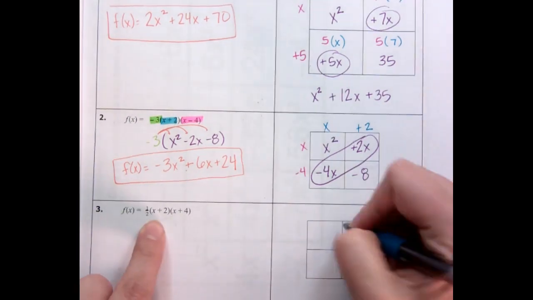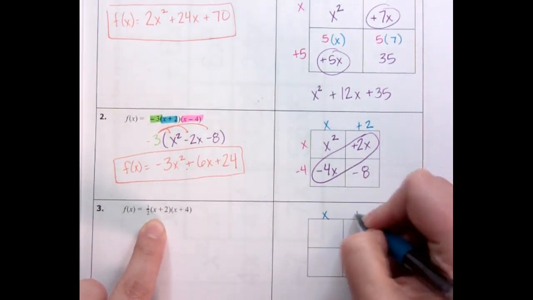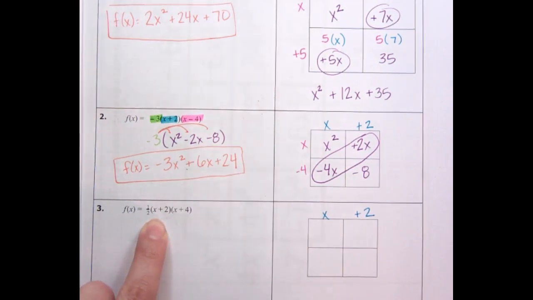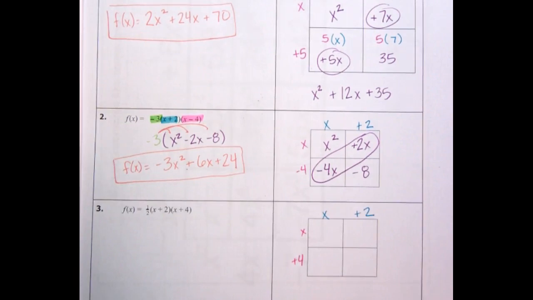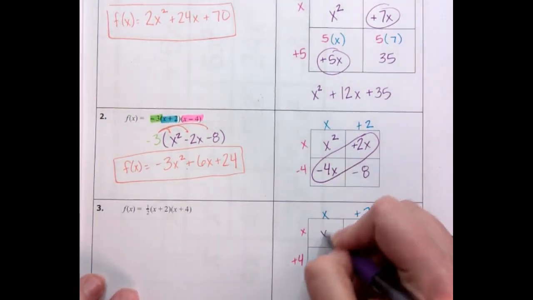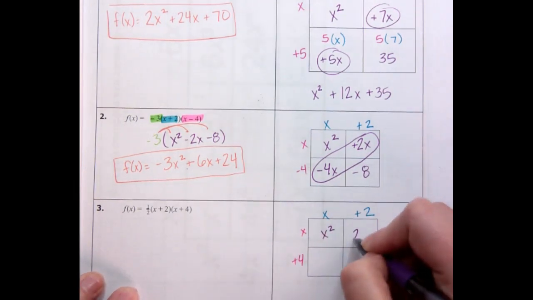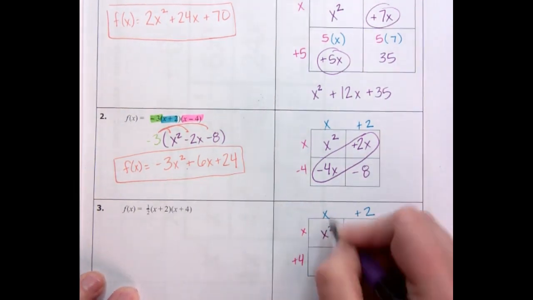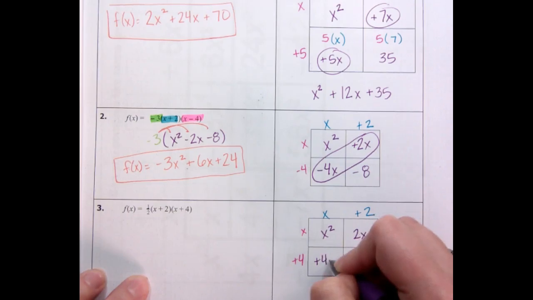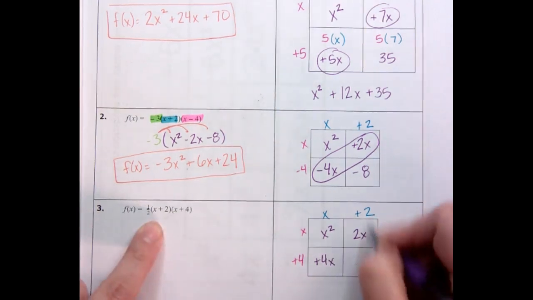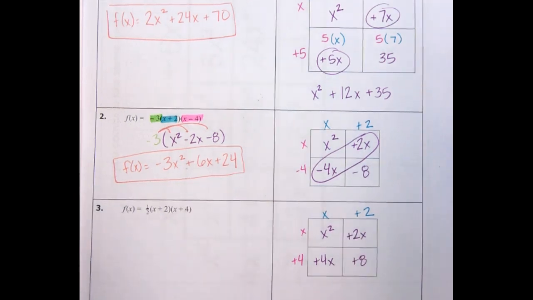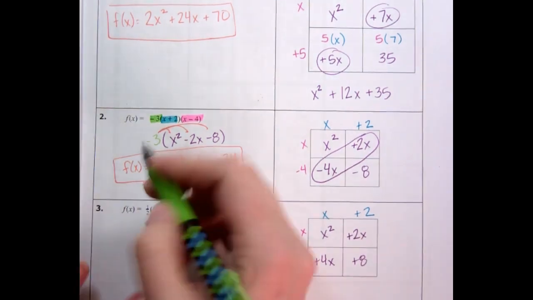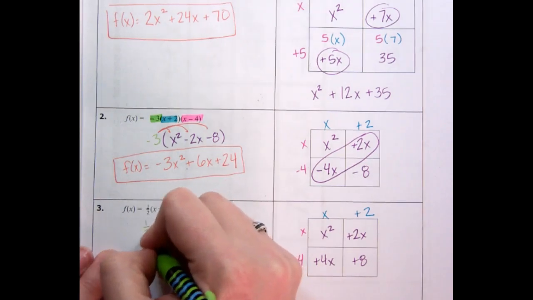Okay, x plus 2, x plus 4, multiply them: x times x, x times 2, 4 times x, 4 times 2. Remember, you can leave them blank or put the plus. Either way is fine. So I carry down my a out in front, that 1/2,